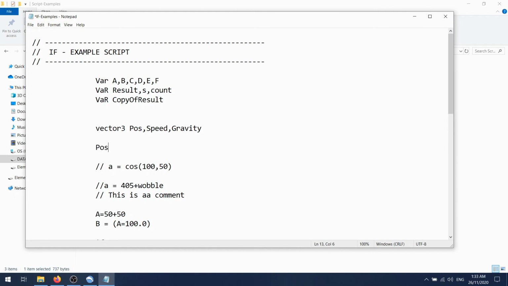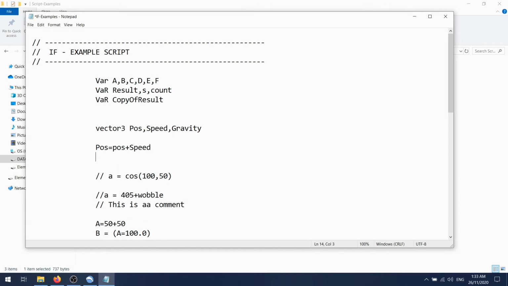So position would equal position plus speed. Speed equals speed plus gravity. And that would do additions of the 2 vectors here, position with speed.